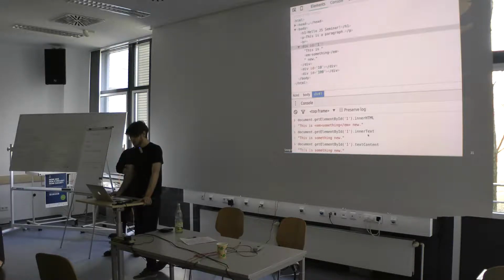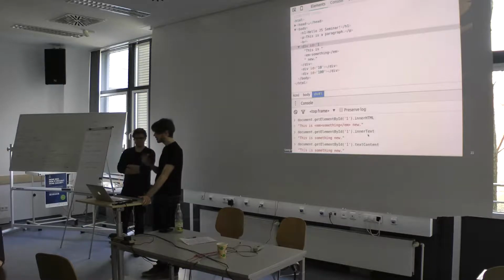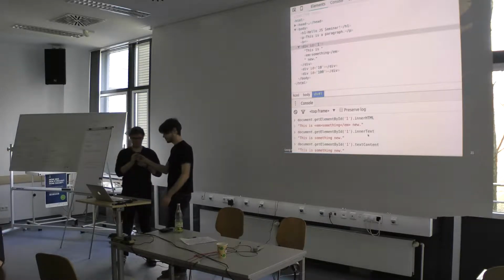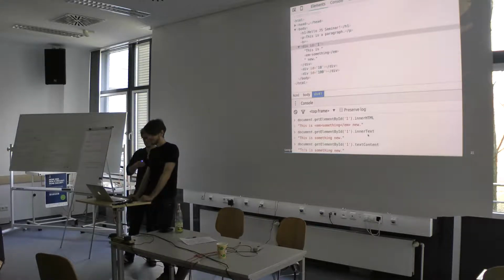So this is how we basically add, remove and change the content of the divs. Max will show us how we can make it more beautiful with styles. Okay, so before you do this up,